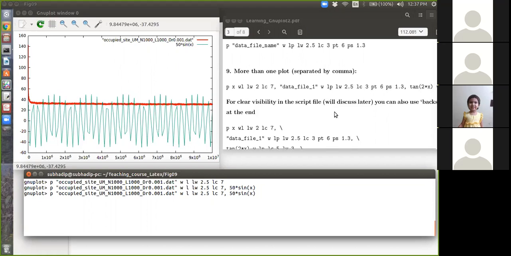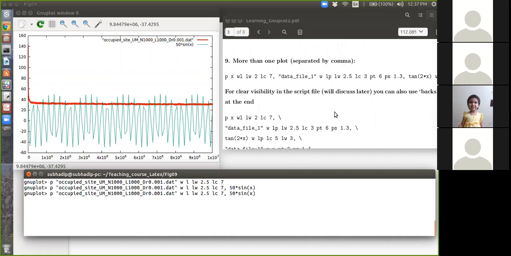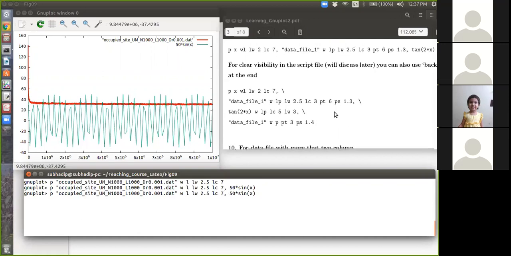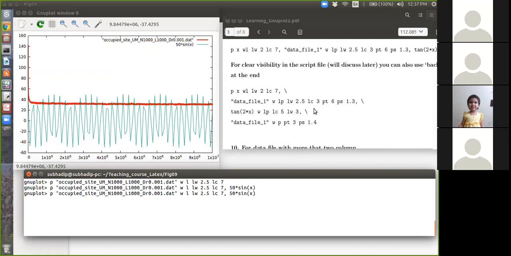And I will show you later how to write everything in a script so that you don't need to type again and again. For clear visibility, you can plot many files using the plot command, then say function x. This is a function, this is not a command, with line.